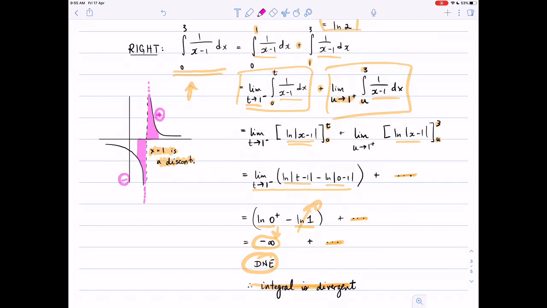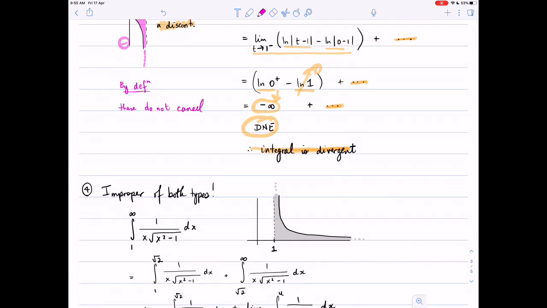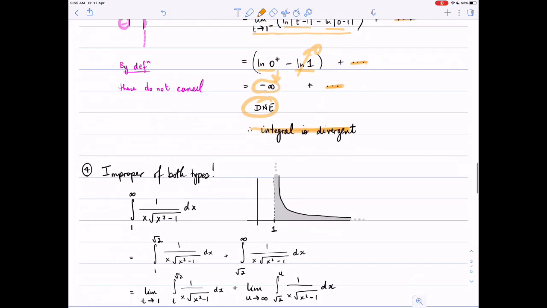The only problem is you cannot do an integral across the discontinuity. So by definition of how improper integrals are defined, these do not cancel. It seems like geometrically they should, and it's not a bad geometric intuition, but by definition, these two regions will not cancel. They do not cancel. So let us look at one last example here,